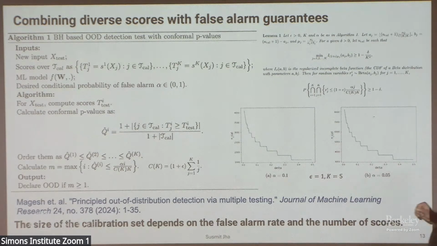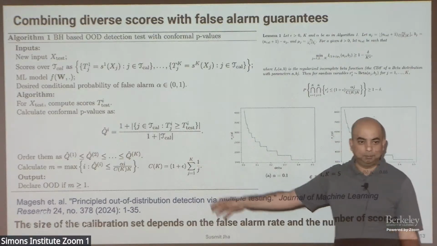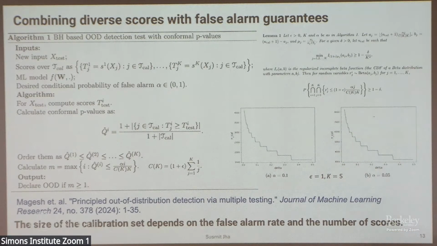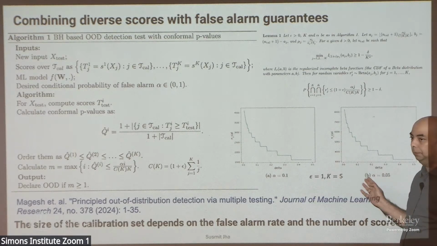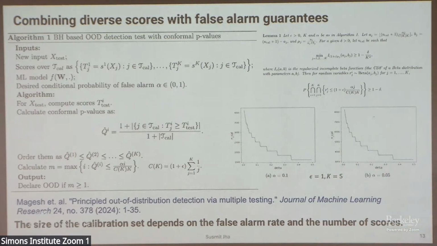The c_k is an interesting correction. It's a bit technical for me to go into here, but you can look at it in the paper. That allows us to prove some guarantees about this. And we can compute the size of the calibration set based on this, to say that if you have the right size, which will grow as alpha becomes smaller, because we want smaller and smaller false alarm guarantees, it will also become smaller when k becomes larger.